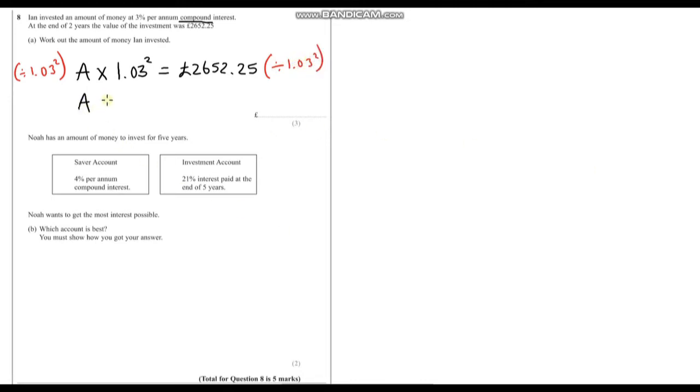What are we left with? Well, we're left with A equals, let's just get the calculator out, £2,652.25 divided by 1.03 squared. That gives us a nice round number, £2,500. That is our answer. And again, we can check this. So we can check this by doing 2,500 multiplied by 1.03, because that's how much interest we're getting, 3% interest, over 2 years. And when we put this into a calculator, you will find out that you do get